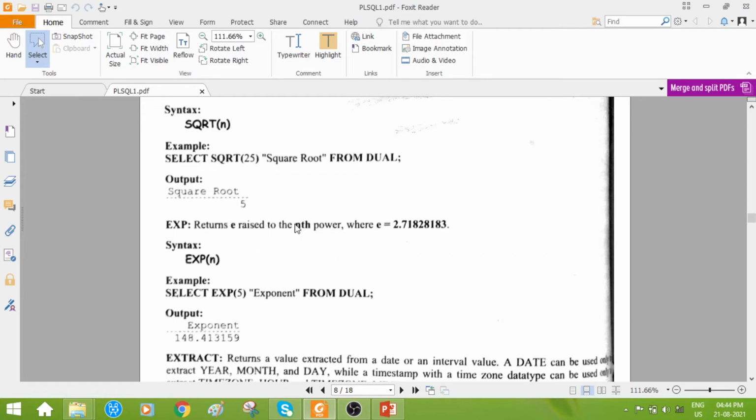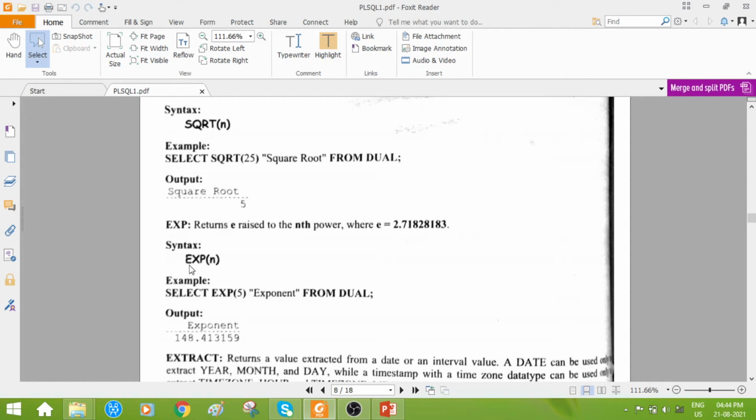Nth power means we are supposed to pass which value? N value. We are only supposed to pass the n value, and whatever n value we pass will be the power for which one? E. So 2.718281883 raised to the power of n. Whatever value we pass to n will be this number's power.